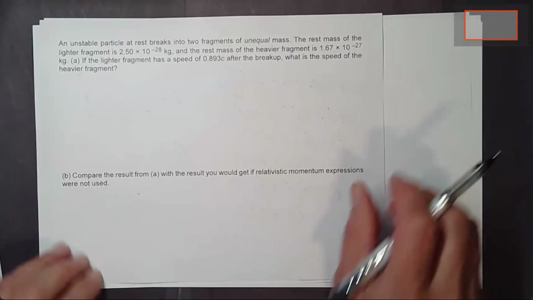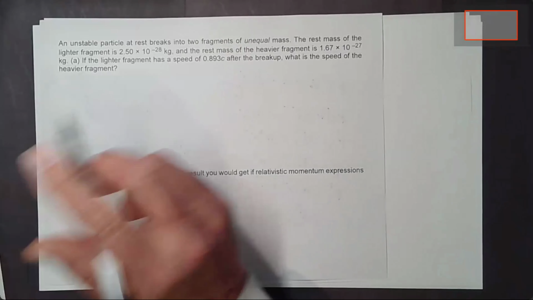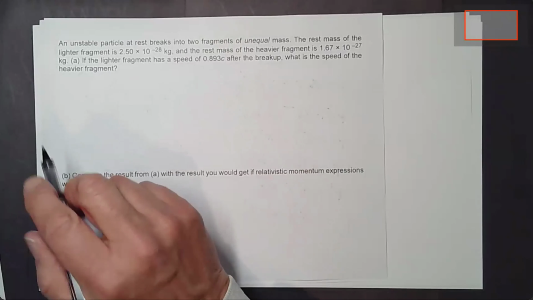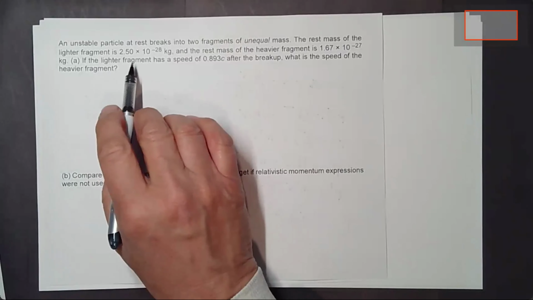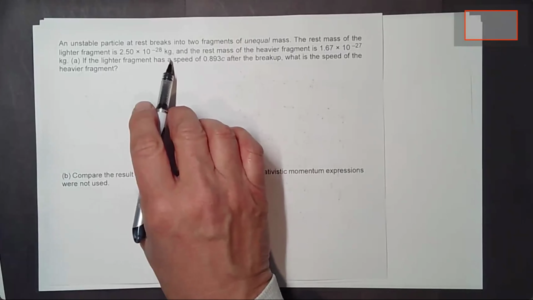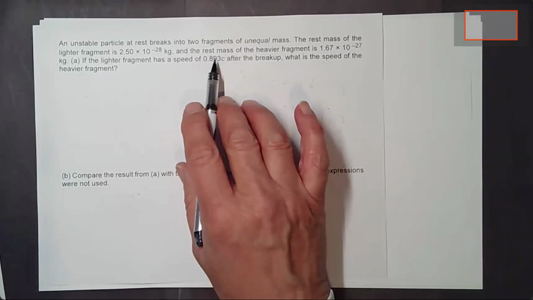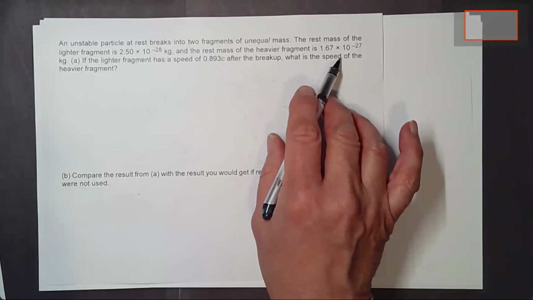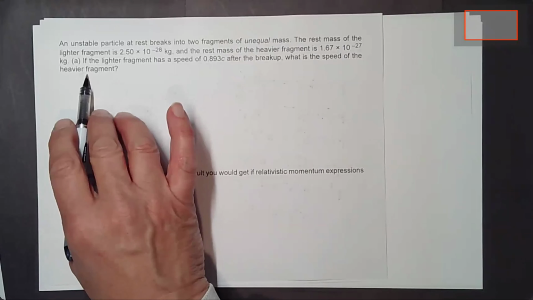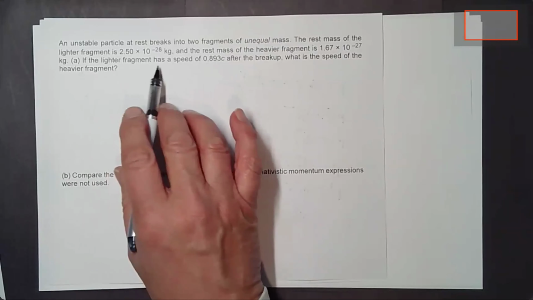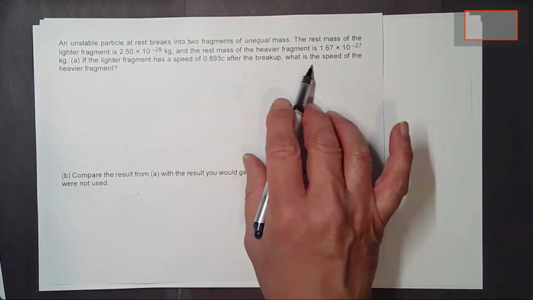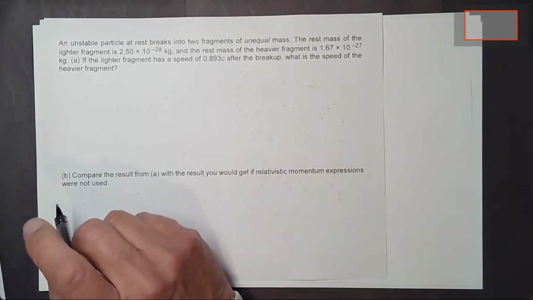Okay, here's one that sounds a little more fun. An unstable particle at rest breaks into two fragments of unequal mass. The rest mass of the lighter fragment is 2.50 times 10 to the minus 28 kilograms, and the rest mass of the heavier fragment is 1.67 times 10 to the minus 27 kilograms. If the lighter fragment has a speed of 0.893 c after the breakup, what is the speed of the heavier